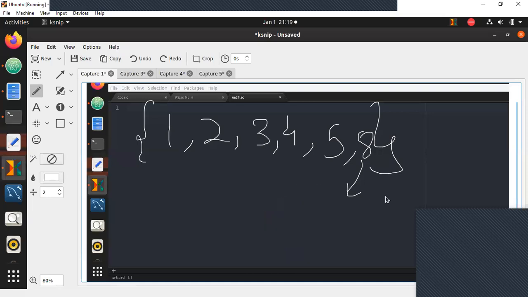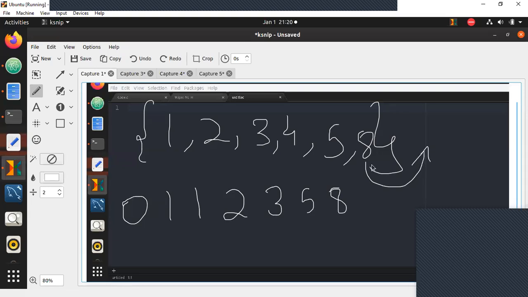And the second condition: we need to check if that number is also in the Fibonacci series or not. Now for this, to find whether it is in the Fibonacci series, I need to start generating the Fibonacci series 0, 1, 1, 2, 3, 5, 8, and so on until I reach this number or a value higher than it.